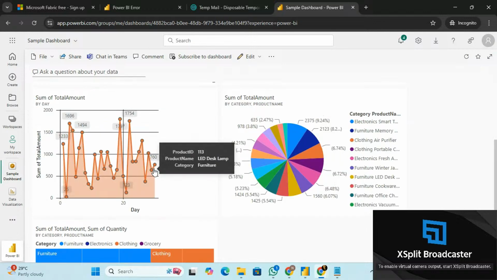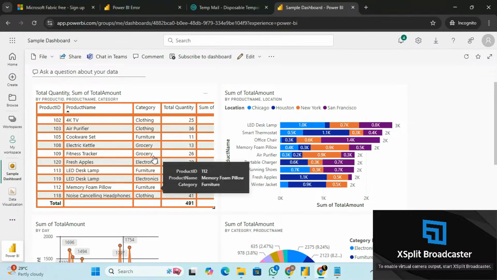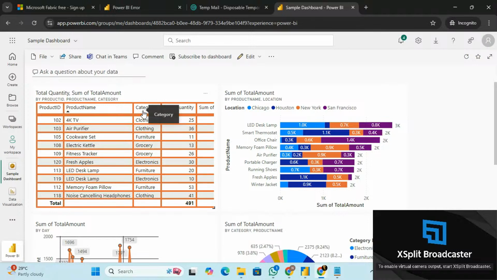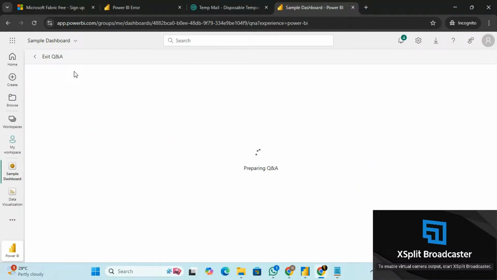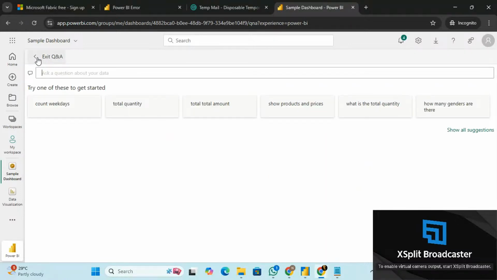Then I'll also talk about other options that we have in the same dashboard. Okay, so we discussed Power BI Q&A. Yes, Power BI Q&A was being discussed. The same Q&A option you'll have it here as well. I'll go back. See,